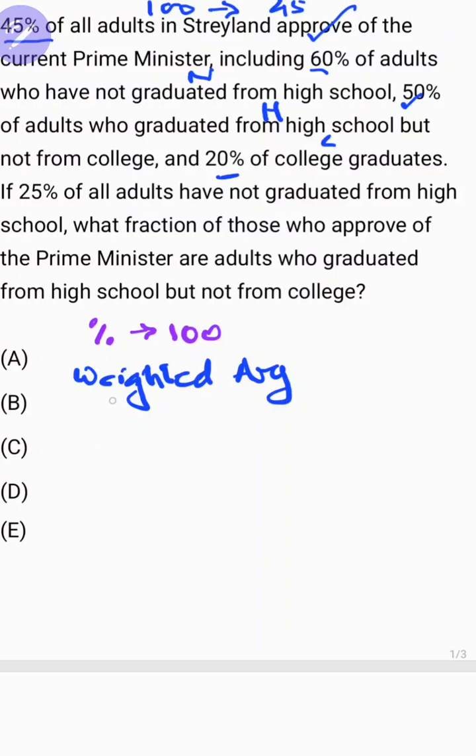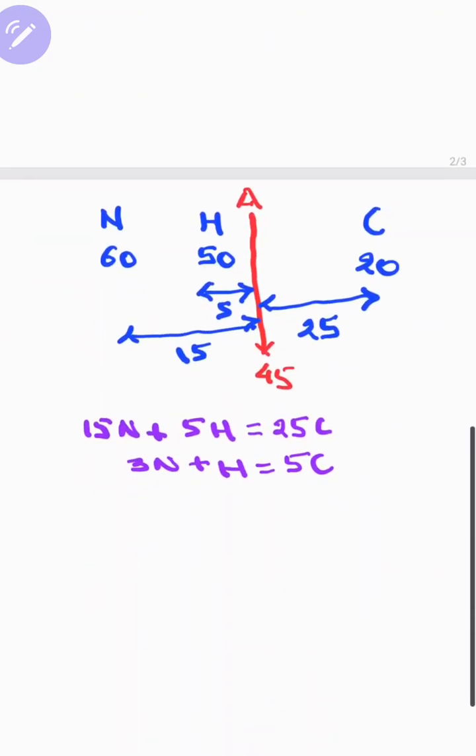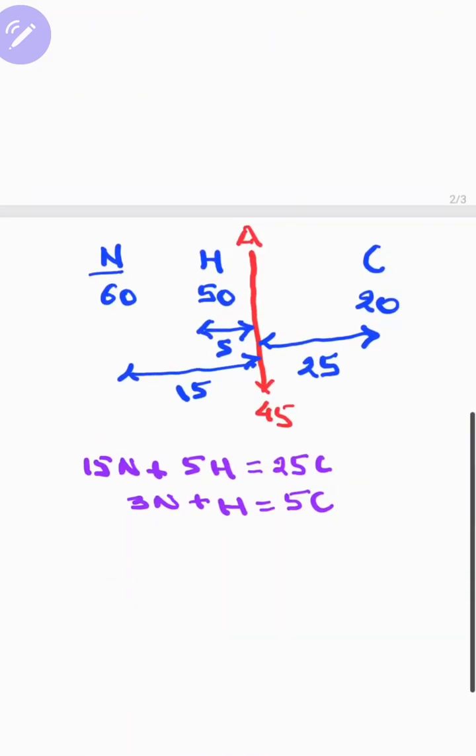So what are the linear equations which we can make? The first is N plus H plus C is equal to 100. Now let's apply the weighted average method here. So if you have 3 categories, N, H, C, and we have been given the percentages as 60,